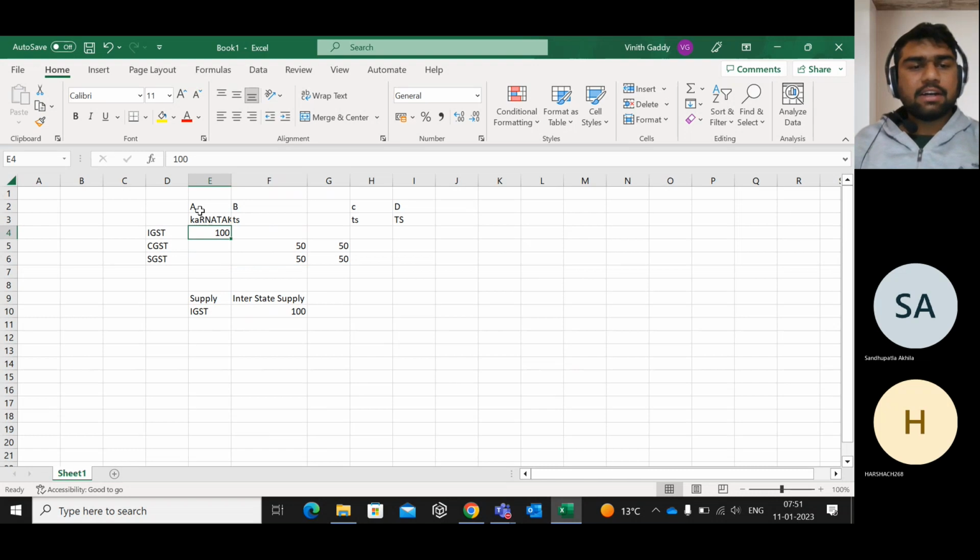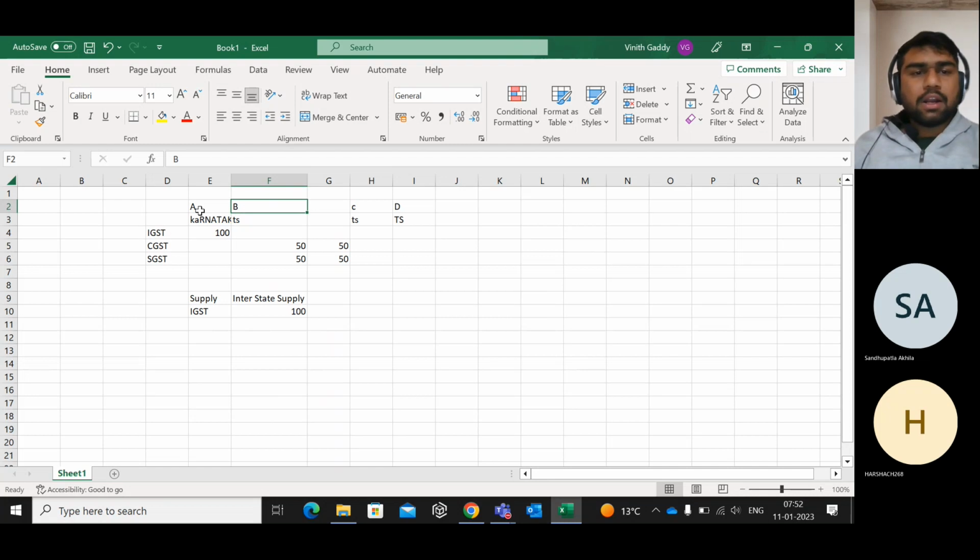After filing GSTR1, obviously, B will get input tax credit of this 100 rupees. Now, this 100 rupees will get credited to B's input tax credit ledger. Clear up to here? An amount of 100 rupees will be credited to B's input tax credit ledger in